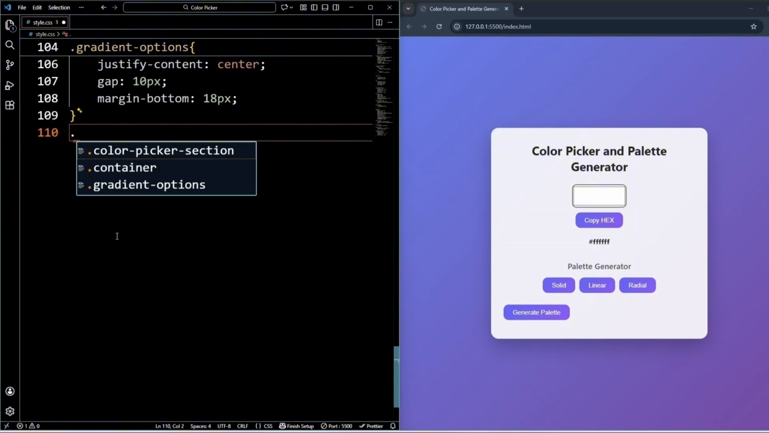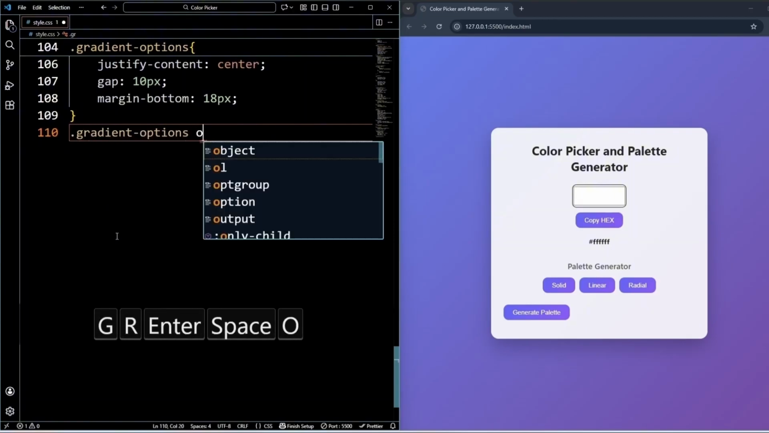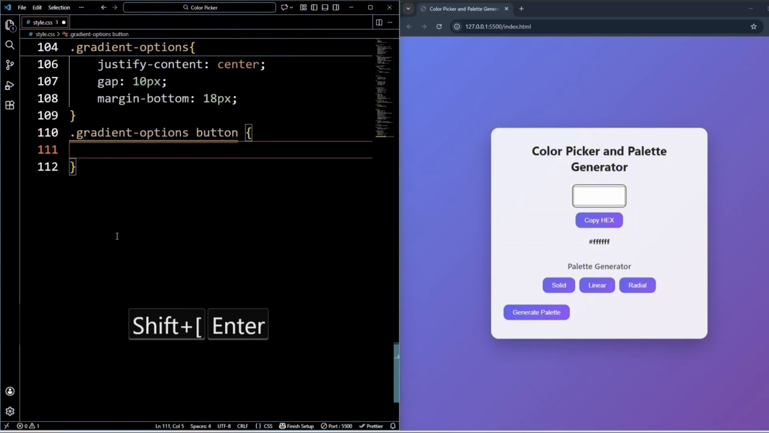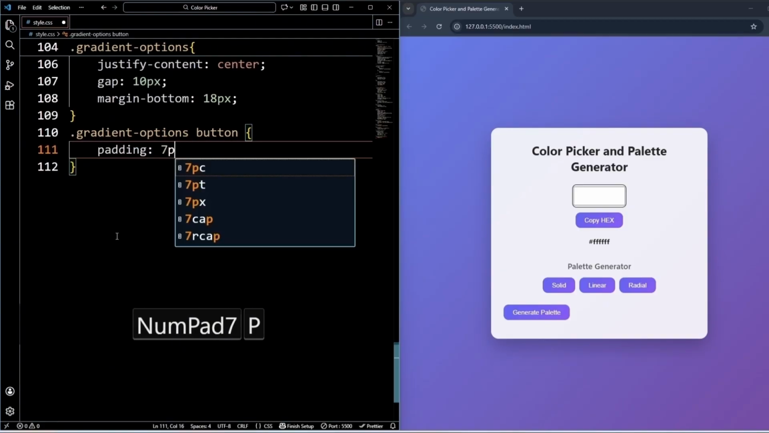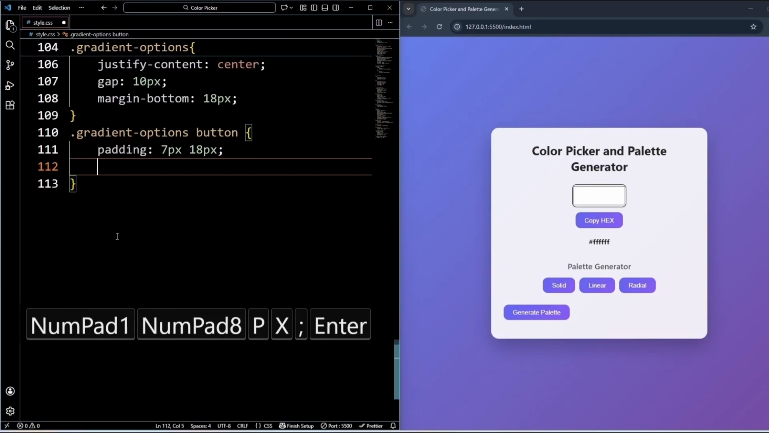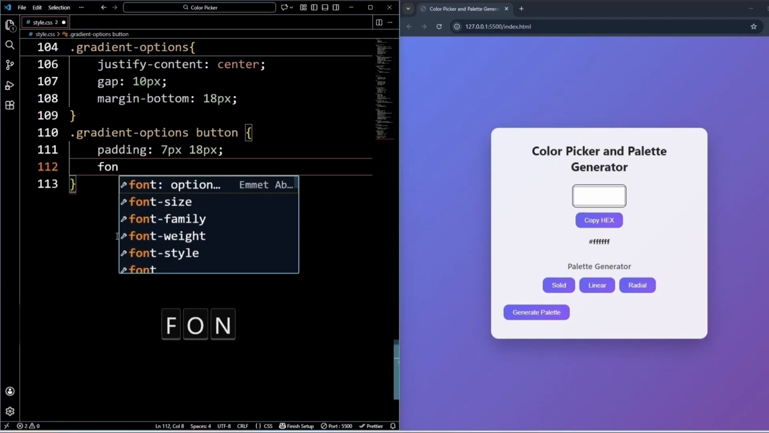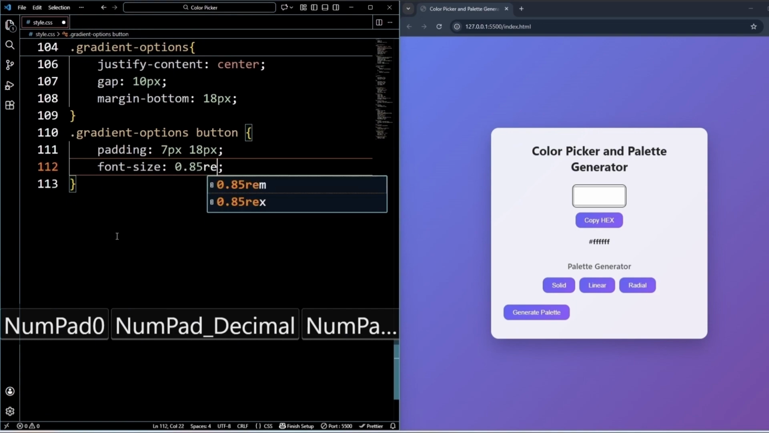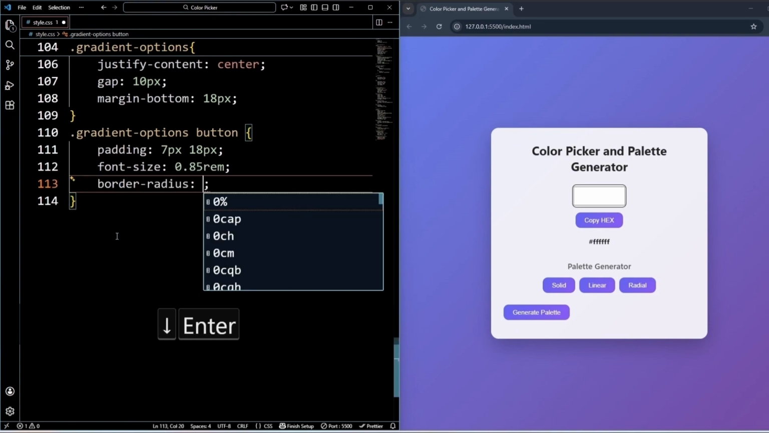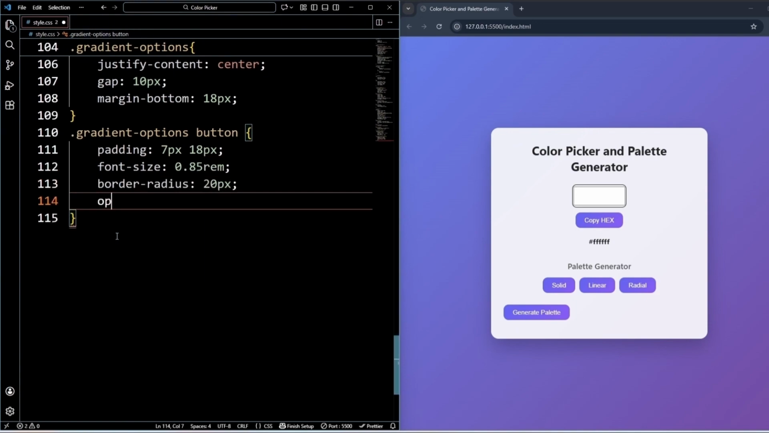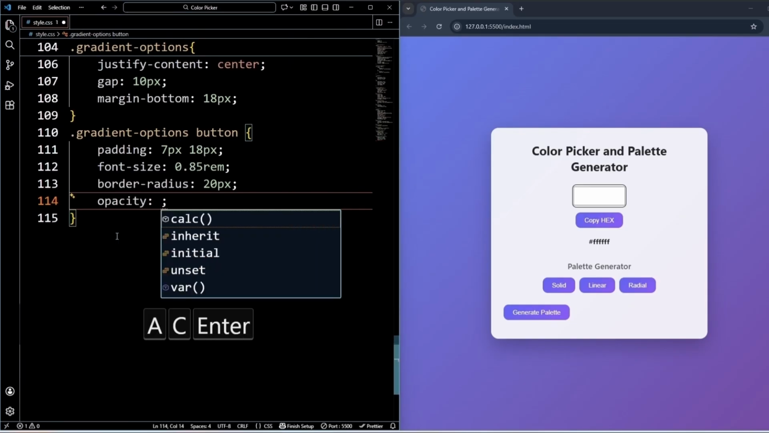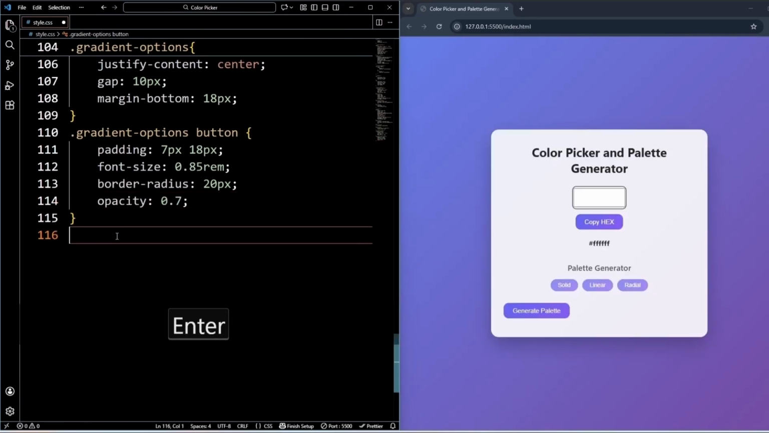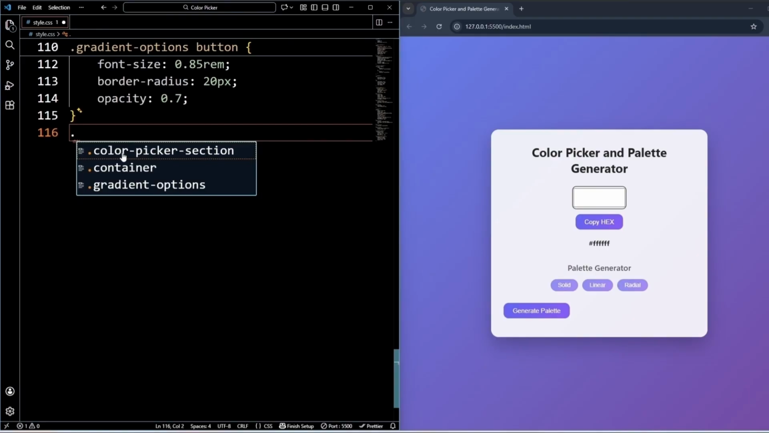Now write .gradient-options button, and inside it give a padding of 7 pixels and 18 pixels. After that, set its font size to 0.85 rem, then border radius of 20 pixels. After that, set opacity to 0.7. Now write .gradient-options button:hover,